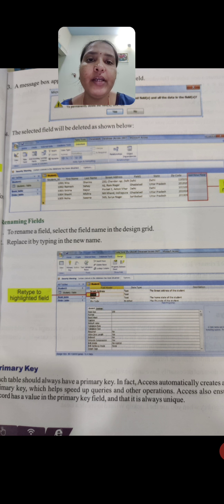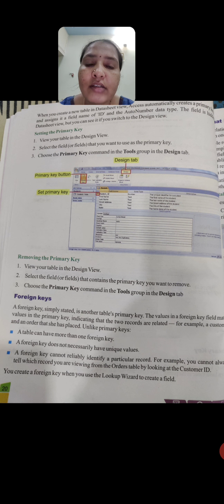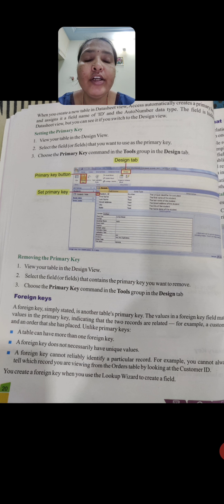Then we can move to the next topic, which we call the primary key. What do you mean by primary key? Whatever fields we give to a particular table, the primary key should be unique. For example, consider student 1 as the table. What contents come to our mind if we create student 1? As I said earlier: student ID, name, roll number, first name, last name, class, section. These are all the fields that come under student 1.